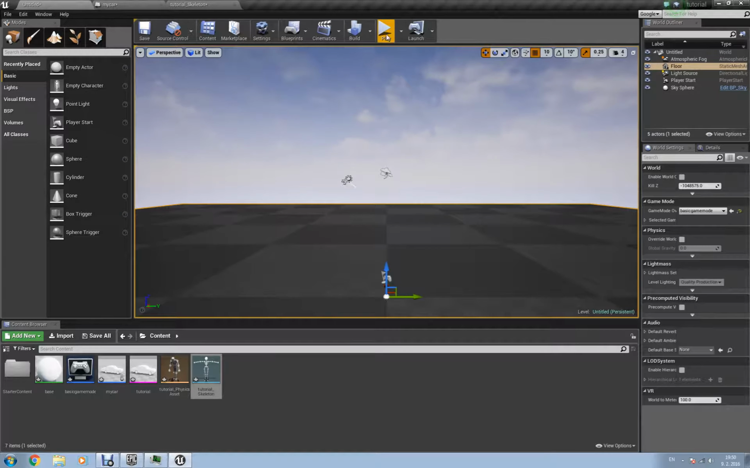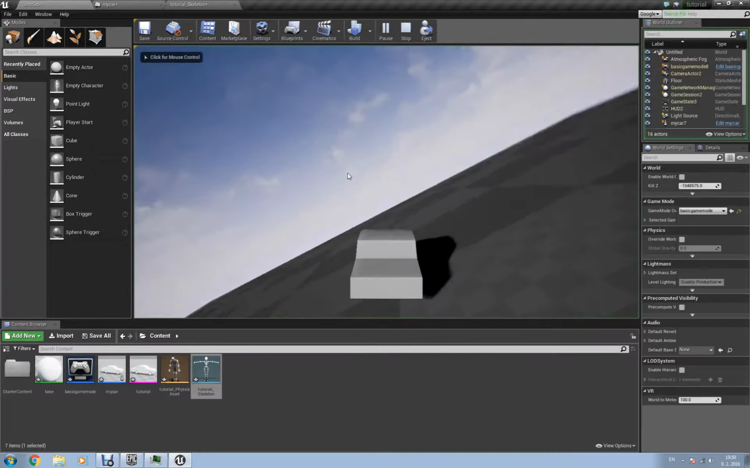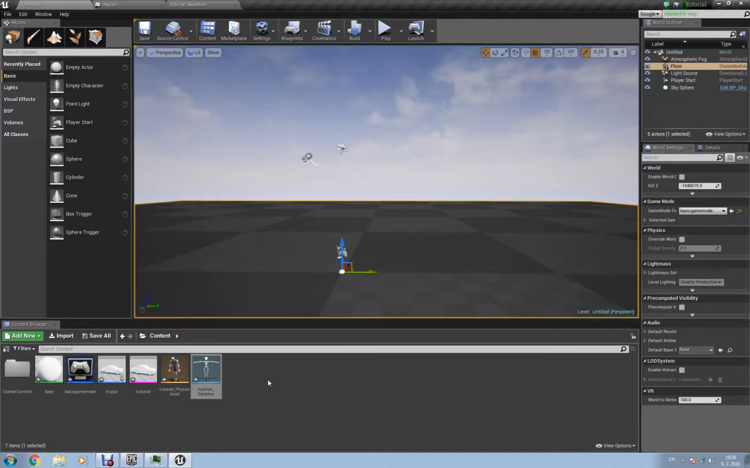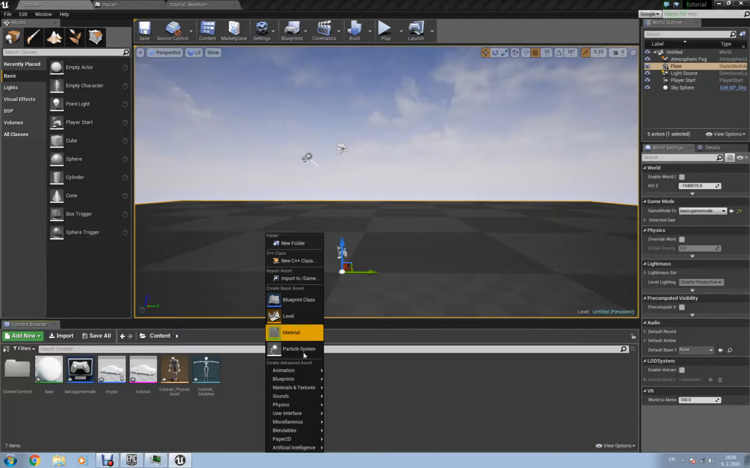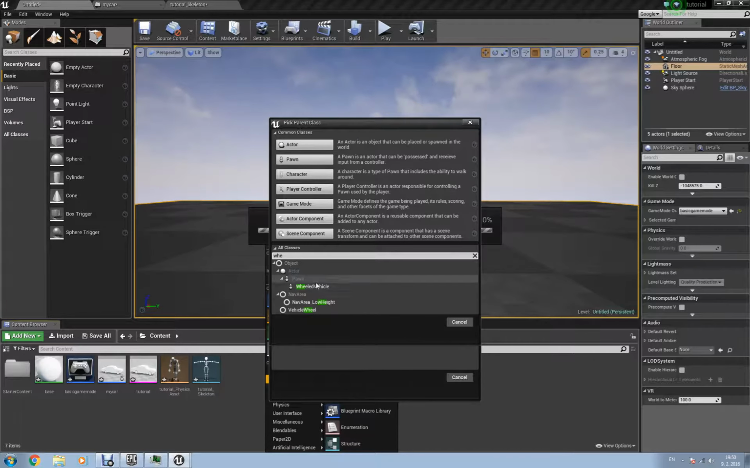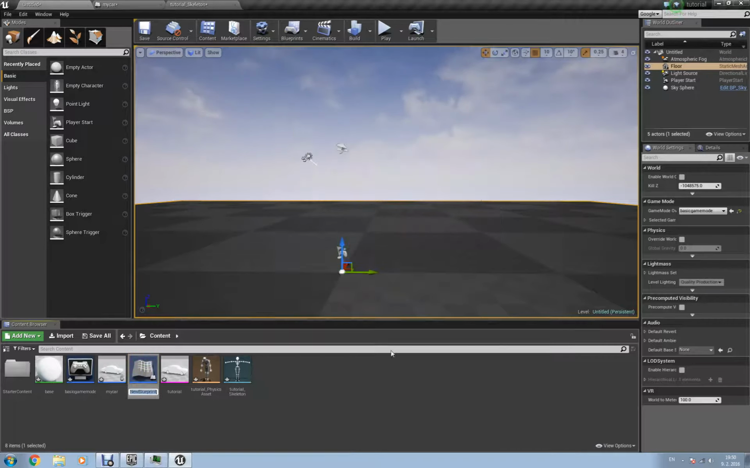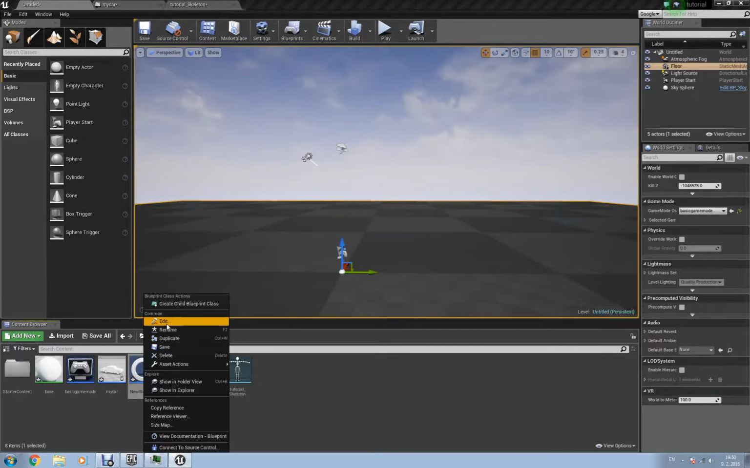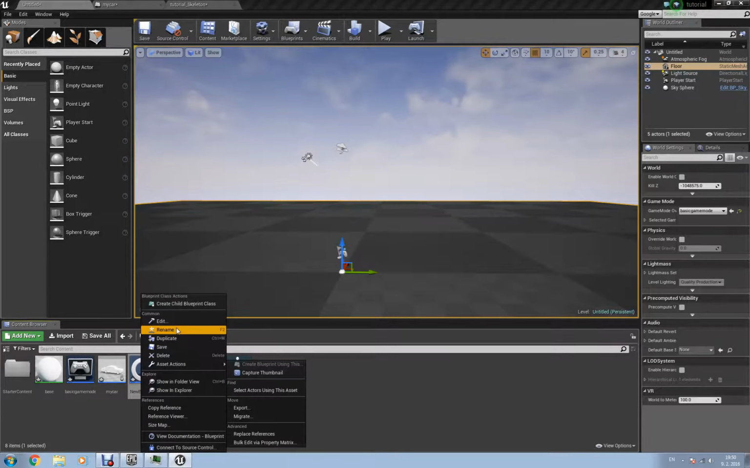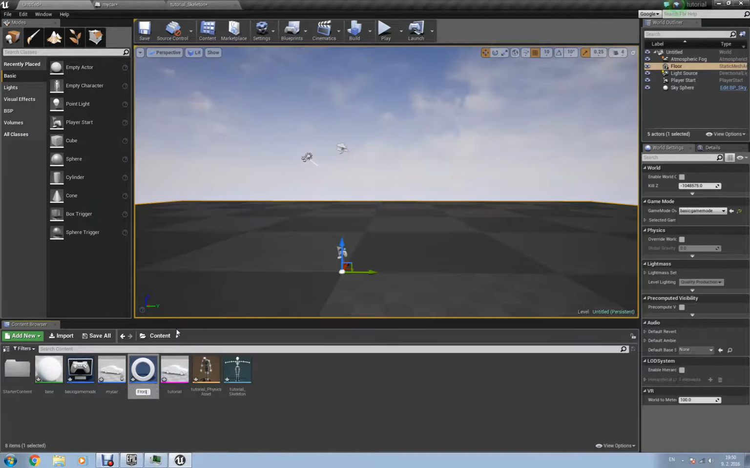So now when we hit play, okay, it's really bad as you can see. So what we want to do, we want to add blueprint wheel, like a vehicle wheel, select, it will be, oh sorry, rename, it will be front wheel, make a duplicate, back wheel,